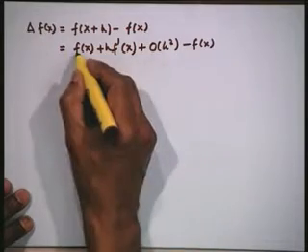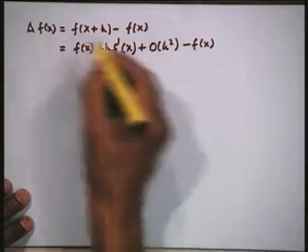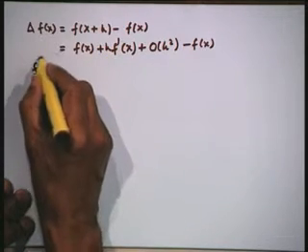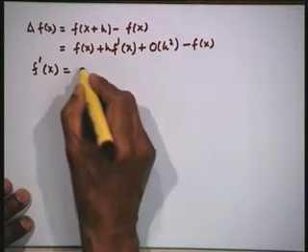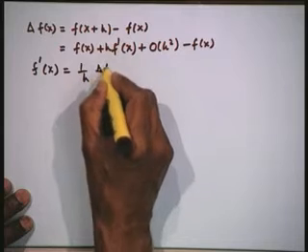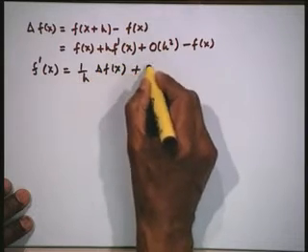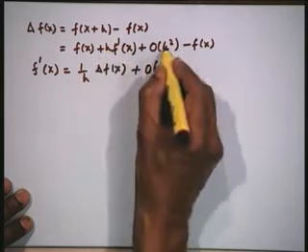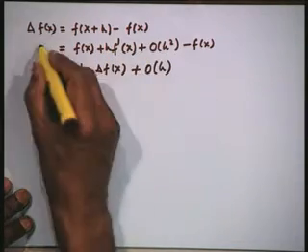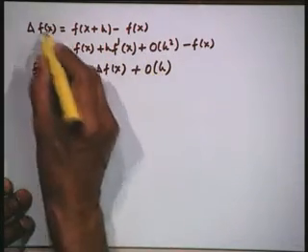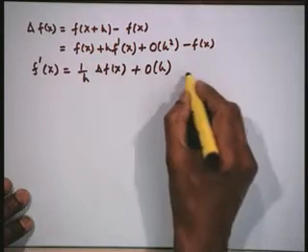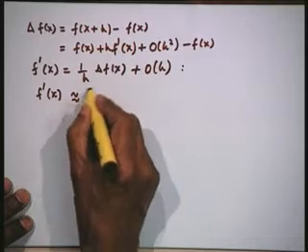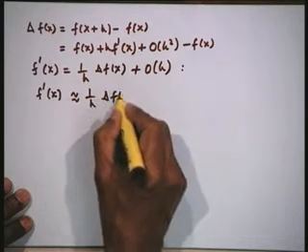Now, f x cancels with f x. I will bring this order of h square term to the left hand side and then divide by h. Therefore, I will have f dash of x is equal to 1 upon h delta f x plus order of h. I have order of h square divided by h, therefore, it will become order of h. So, whatever I have here is the order of h term and delta f x divided by h. Therefore, we have the approximation for the first derivative as 1 upon h delta f x,